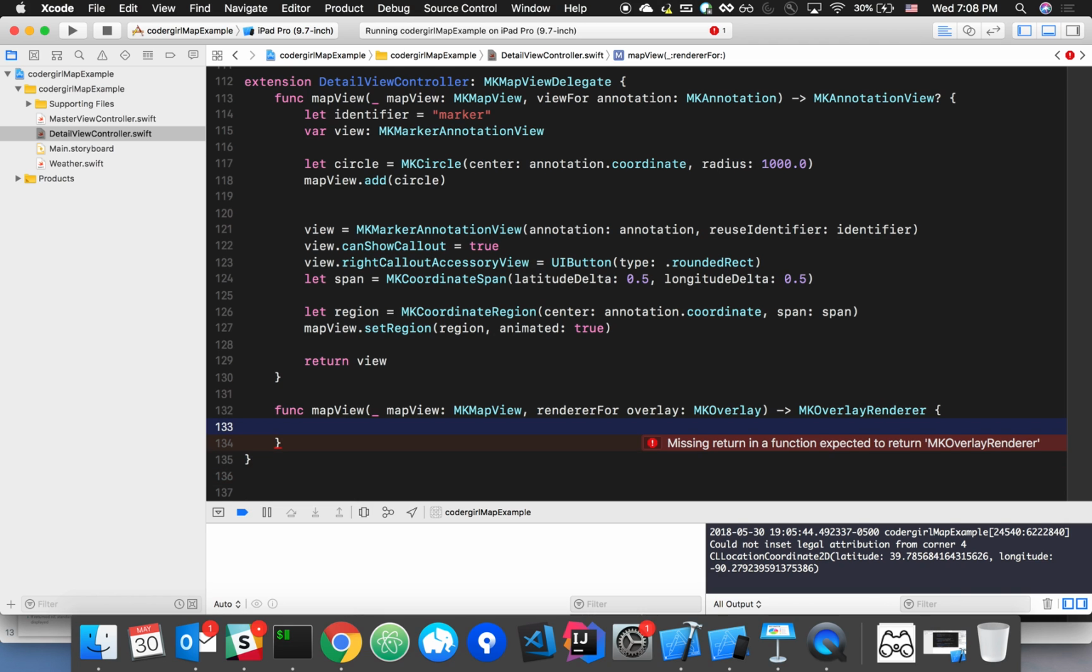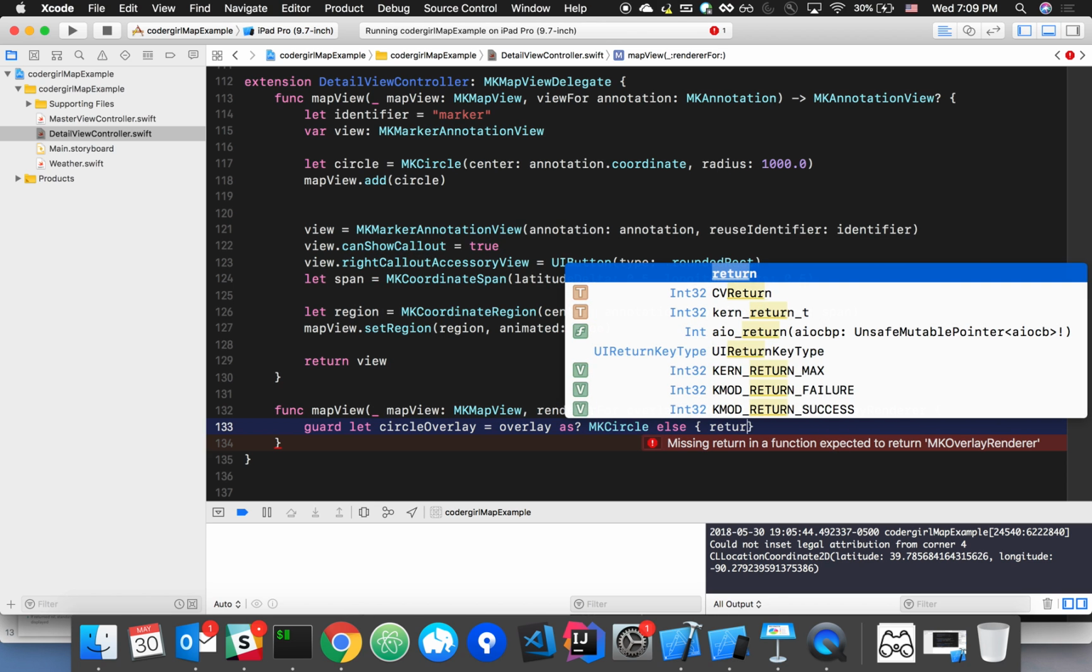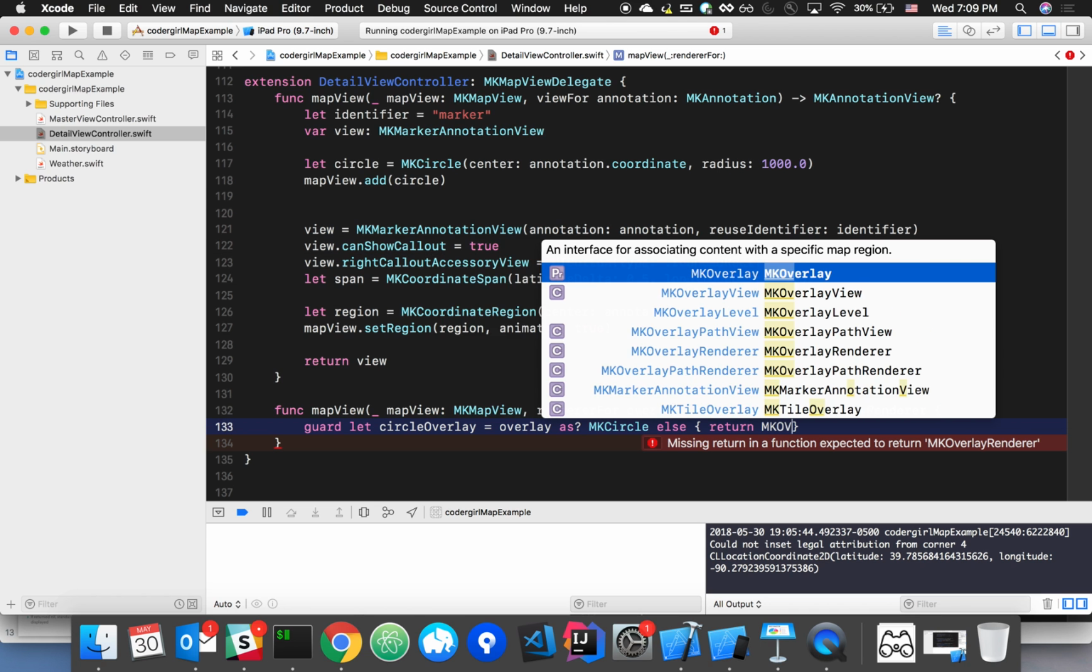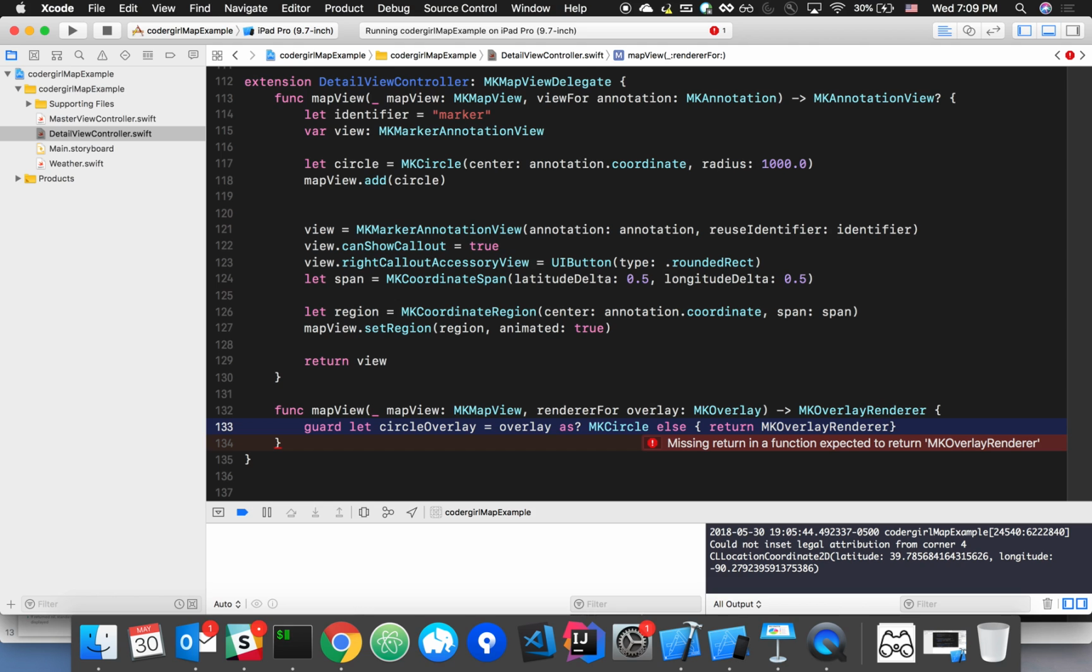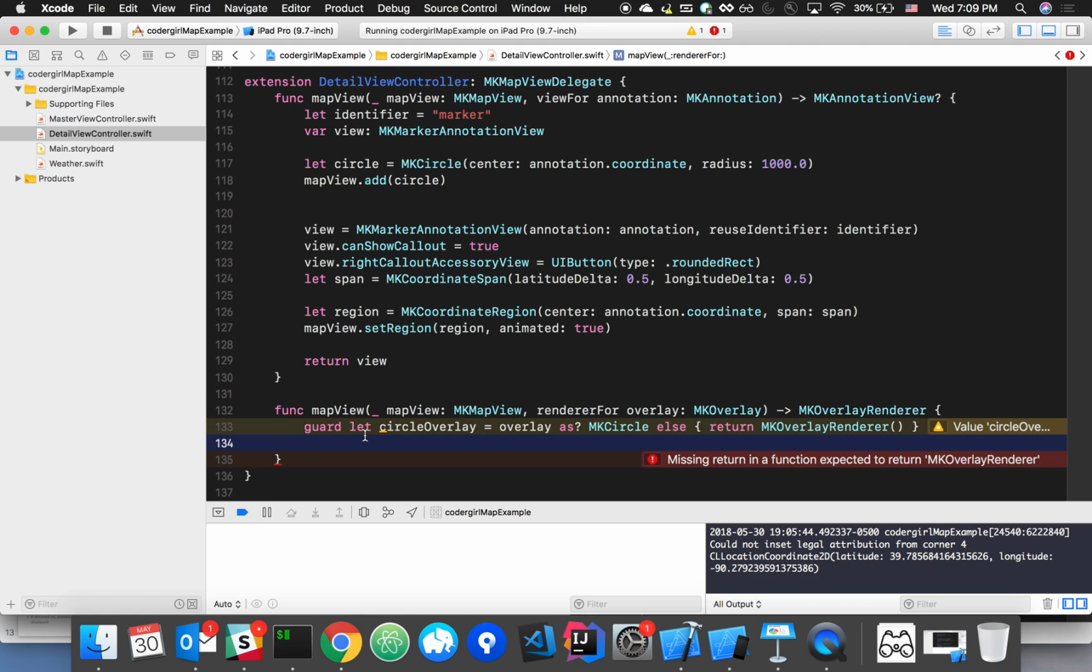So the thing to keep in mind is that this render could potentially handle the rendering for a lot of different shapes and objects. So say you have circles, rectangles, different polygons, this renderer would handle everything. But since we only have one thing in here, we'll just do circle overlay equal to overlay as MKCircle. Let's return MKOverlayRenderer. So since we only have one thing in here right now, we'll basically just return if the overlay that we send it doesn't cast to an MKCircle. So circleRender, okay, MKCircleRenderer,